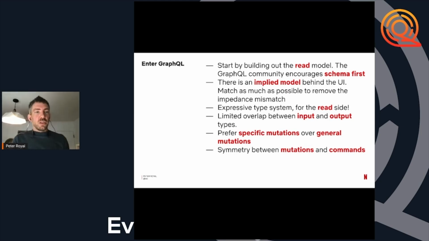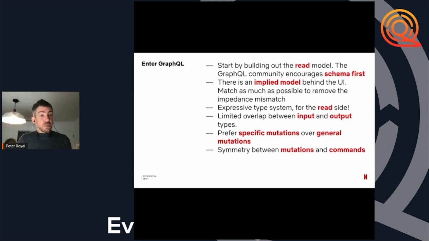Whenever somebody is building a user interface, there is a manipulation of a model that is in their head as they are putting things together. Encoding that model into the GraphQL model as much as possible is absolutely ideal, because you're eliminating the impedance mismatch between what the system presents and how it appears to the user.